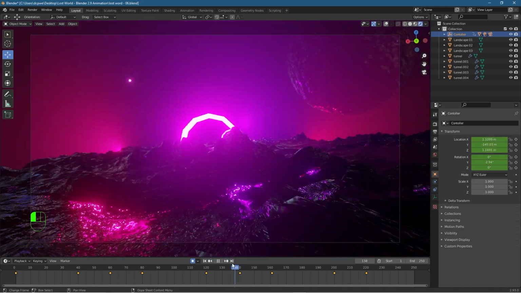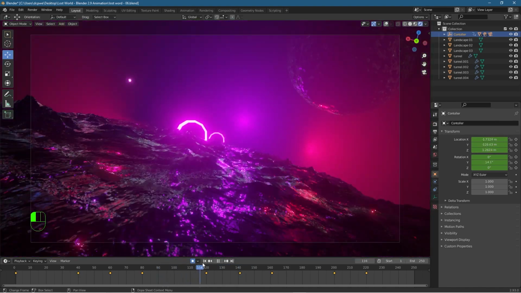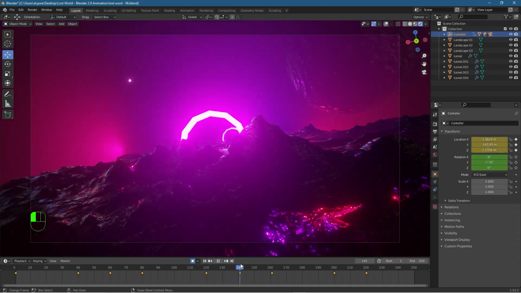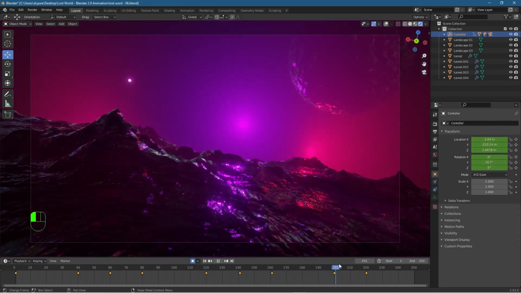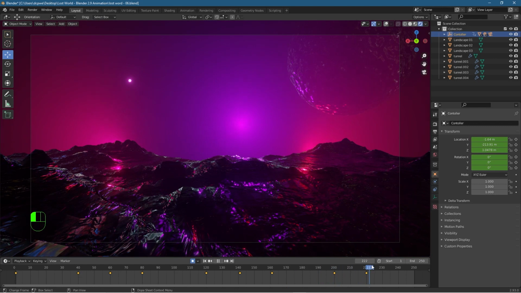So it will fly through this gap instead, right? So as it goes through, it's going to fly through this gap here. It looks pretty good. It's going to fly through here, and we're going to end up here on our last